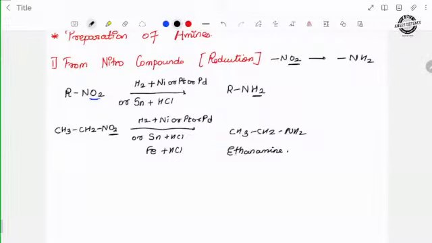Whenever you're using sodium metal, that time you have to use dry ether. Because sodium metal is also quite explosive. It catches fire once it gets in contact with water. So that's why we're using dry ether. What do you mean by dry ether? An ether which is not having any moisture content. 0% moisture, meaning there will be no water content in it. Next,